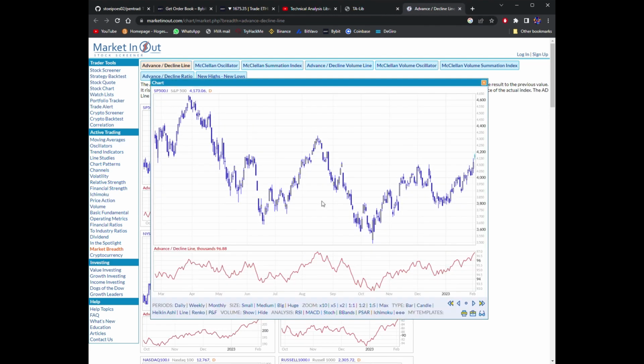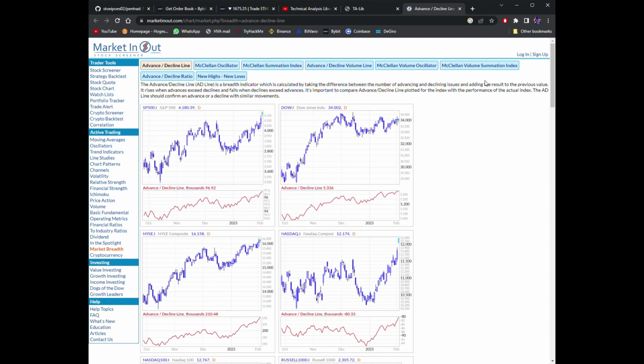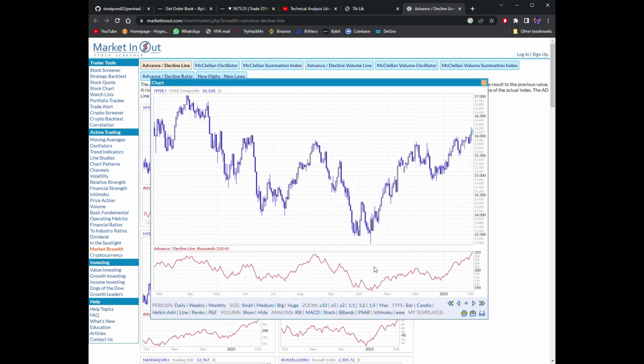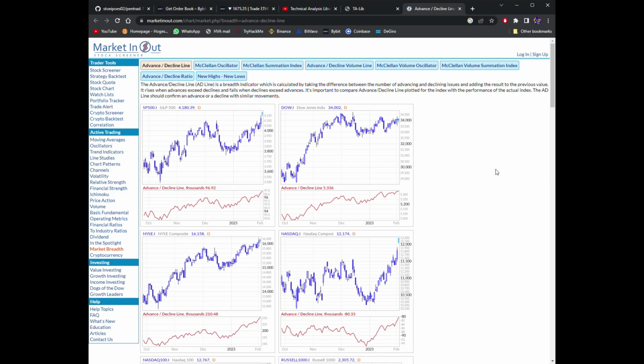And this is the advance-decline line. Quite a boring line, but I guess it gives some clear overview. Not sure, I haven't used this before, but I think that's it. So, yeah, well,